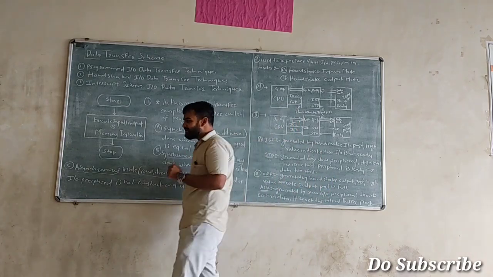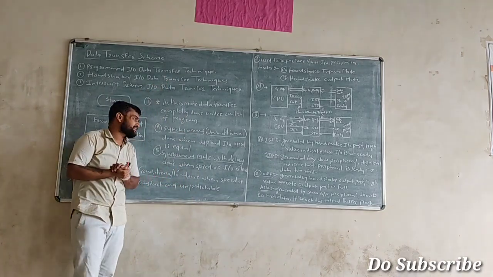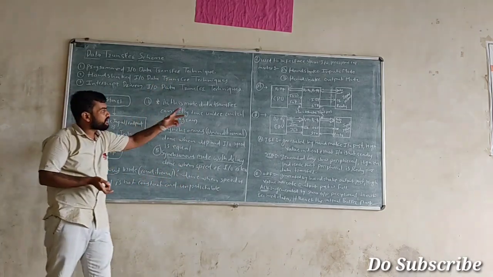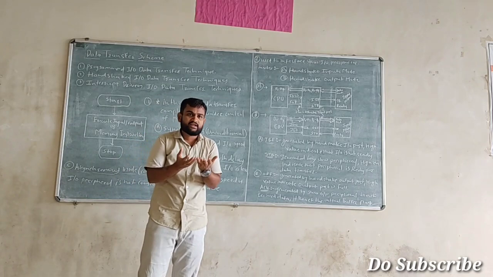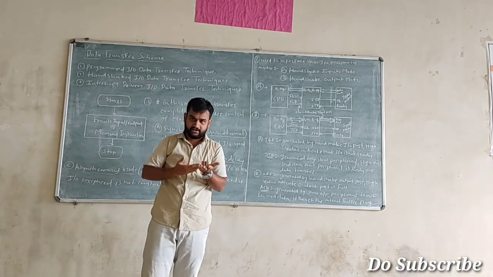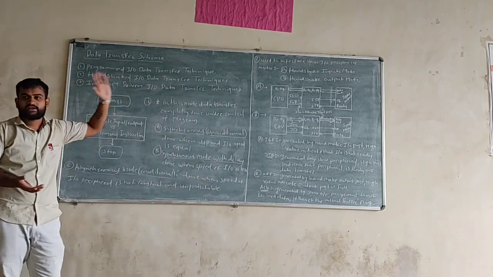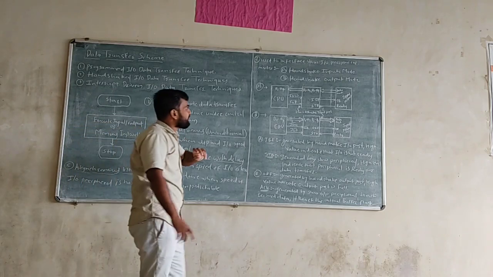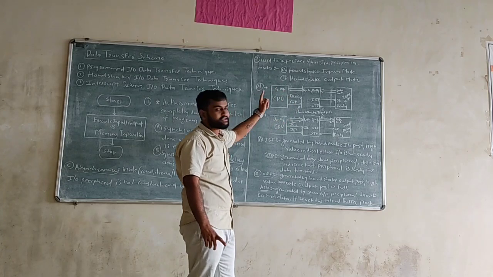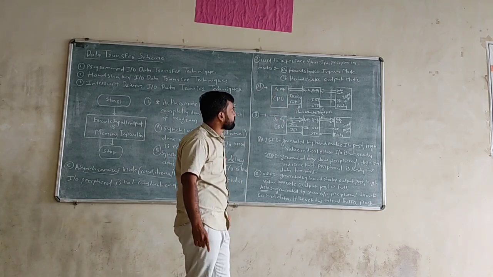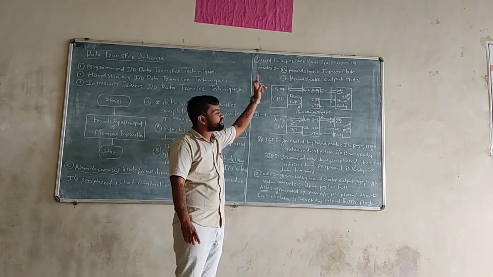Now the second type is the handshake I/O data transfer scheme. What is the meaning of a handshake I/O data transfer scheme? Two block diagrams are shown here on the blackboard. Whenever your I/O device doesn't have that much speed, we need the second type, the handshake I/O data transfer scheme. It is further divided into two modes: handshake input mode and handshake output mode. It is used to interface slow I/O peripherals.